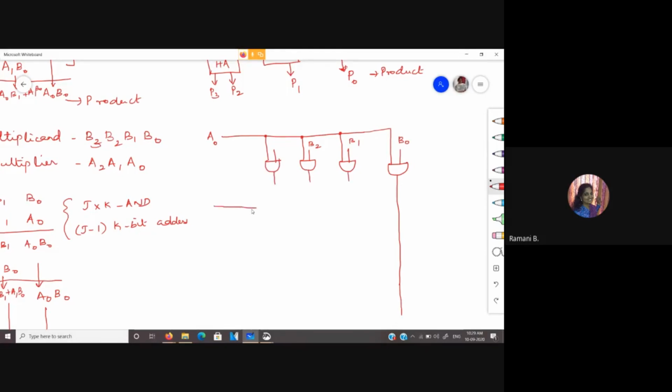Next I will do the multiplication of a1 with b0, b1, b2 and b3.